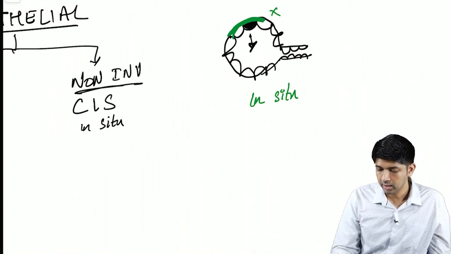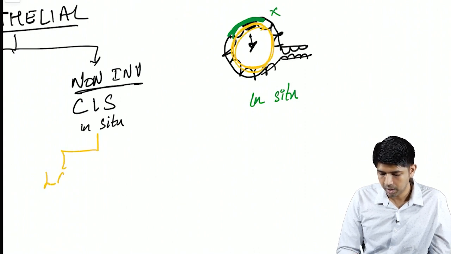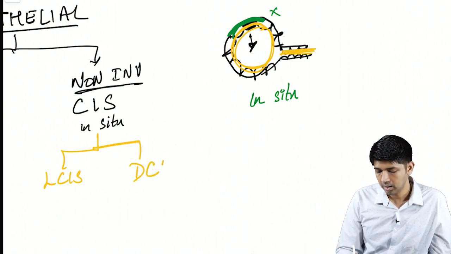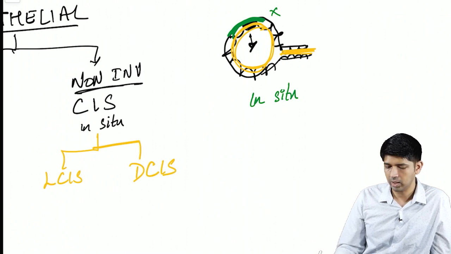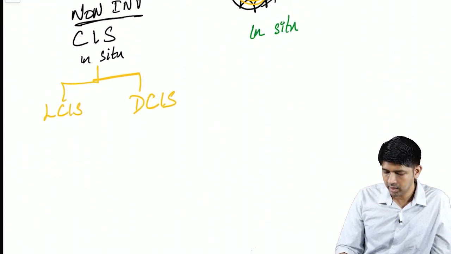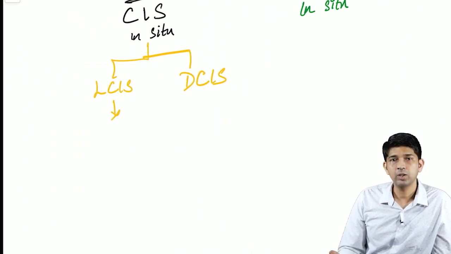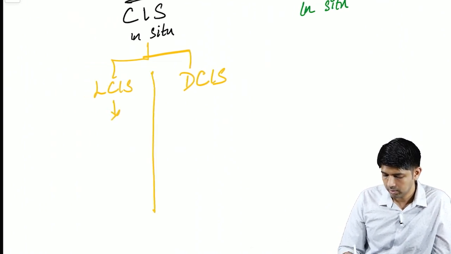Now again here we have two of them. If it is inside the lobule, we call it as lobular carcinoma in situ, or if it happens in the duct, we call it as ductal carcinoma in situ. Okay, pretty straightforward. Now let's learn a little bit more about each of these. Now in this lobular carcinoma in situ,